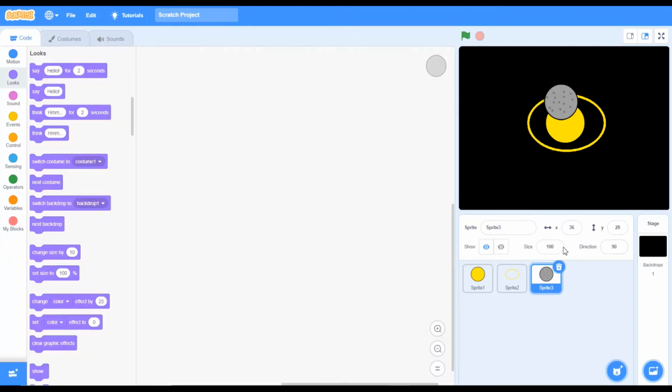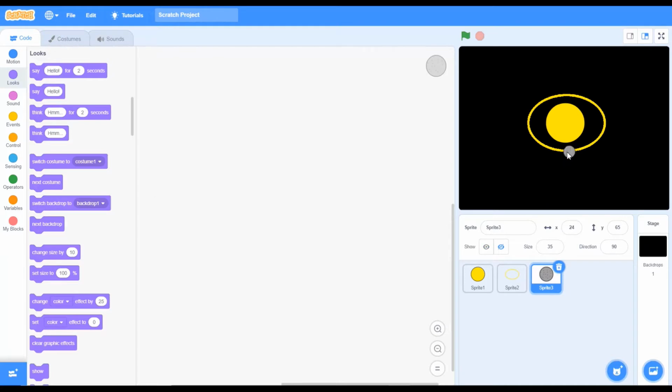Now we will change the size, then we will start with our real coding. Mercury should be maybe a size of 30 because it's very small compared to the orbit. Maybe 35. Yes, 35 will be a much better option. Now it's looking perfect.